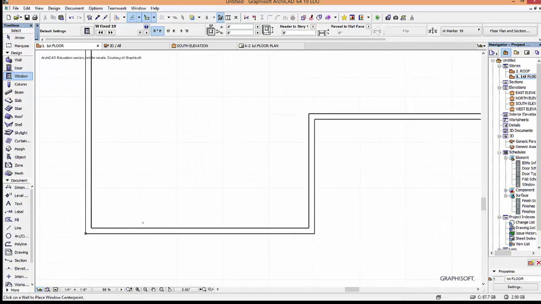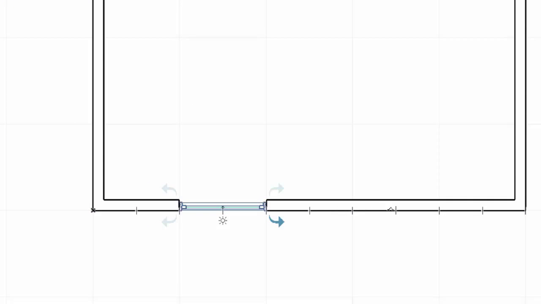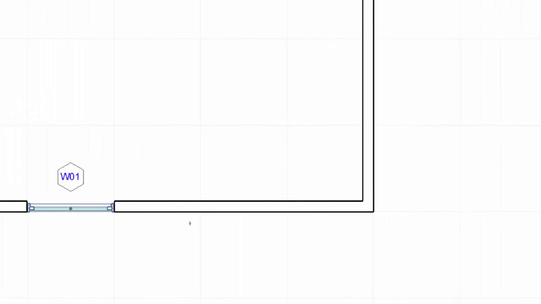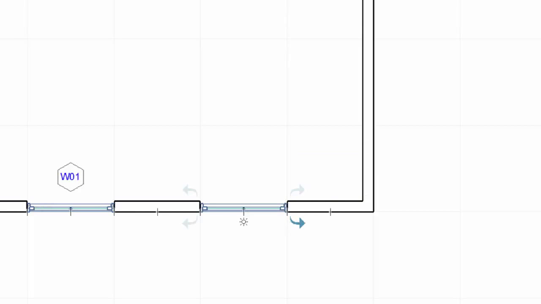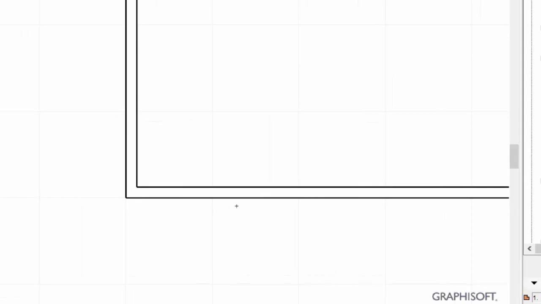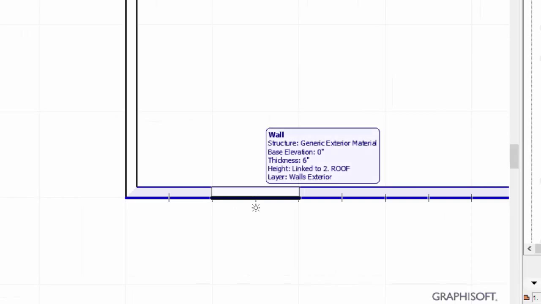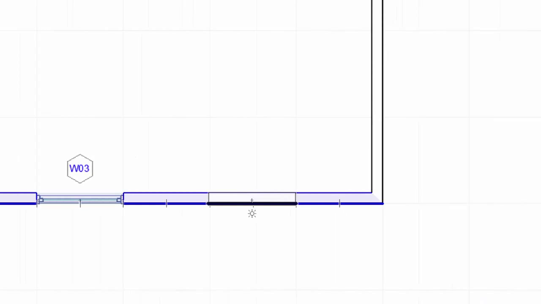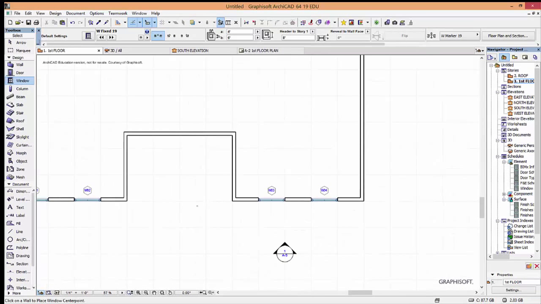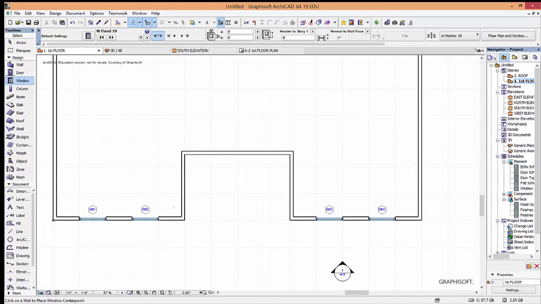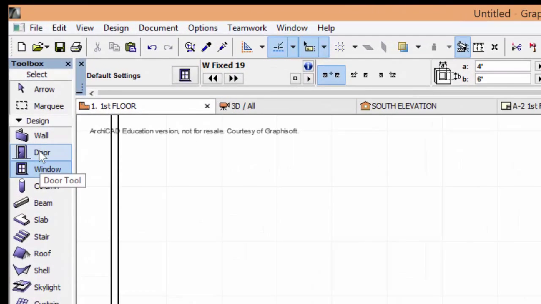Then we will zoom in here, and we will click there between those grid lines, and then click on the bottom right hand side arrow that tells the program what the exterior or interior of the window is, and whether it's a left-handed or right-handed window, which in this case doesn't matter because it's a symmetrical window, but it still needs one click in order to stick. Then we're going to add a door,